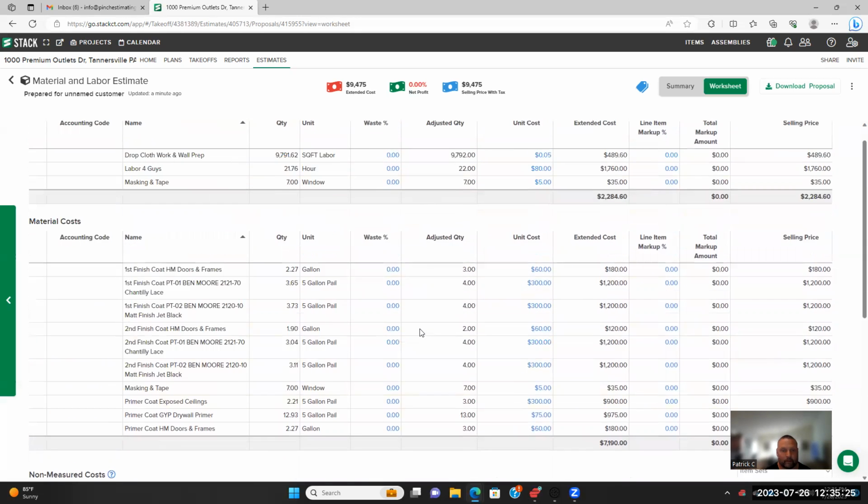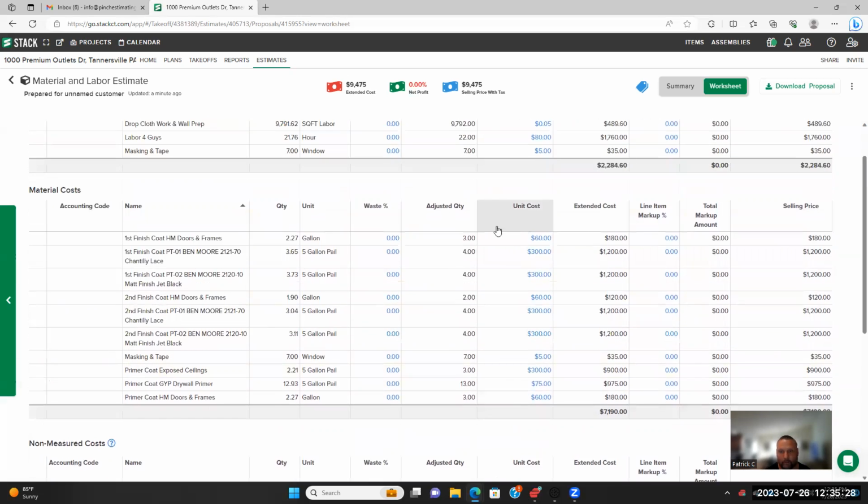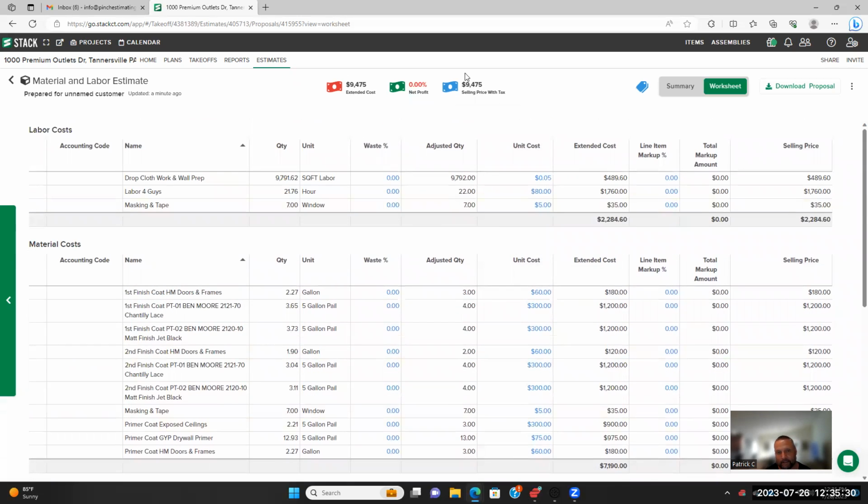So it's all put together here. This is the extended cost of your bid here. So what I'm going to do now is I'm going to go over to